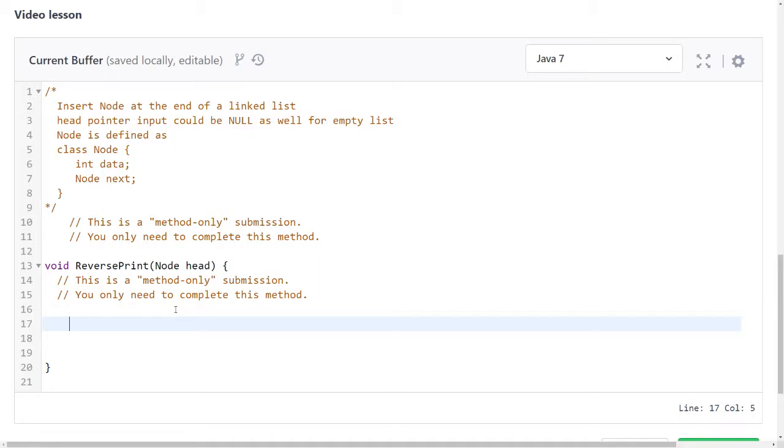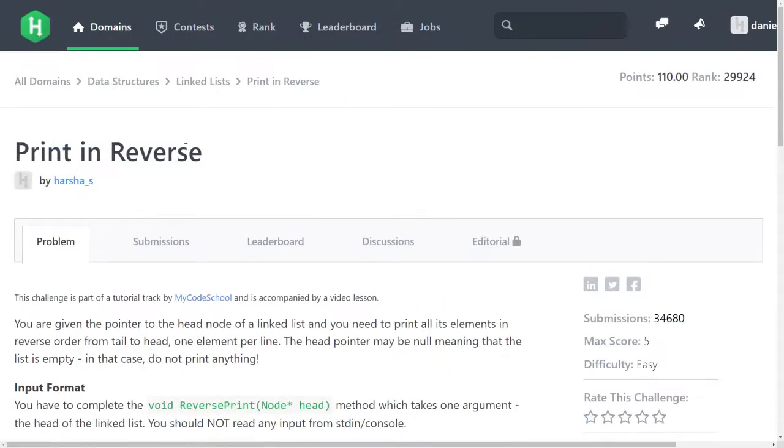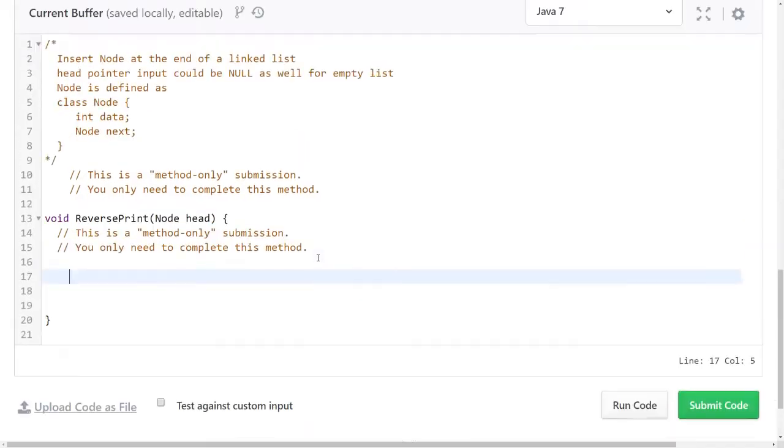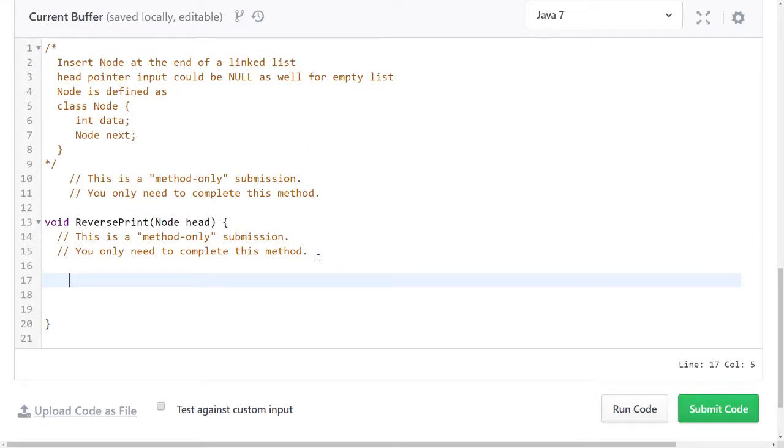I could make a list. I could use a list, or I could use a linked list. I don't want to use an array or list or something like that here. I want to keep it in the linked list. So what I want to do is